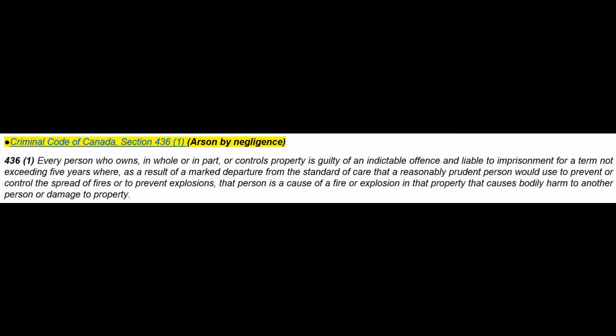Damage to property is therefore codified when it comes to fire issues, and so arson by negligence. That goes above and beyond building and fire codes where it goes into property. The very first part, though, would be the first to be attacked in defending against any charges having to do with this. Every person who owns in whole or in part or controls property is guilty of an indictable offense and so forth. So the defense against that by